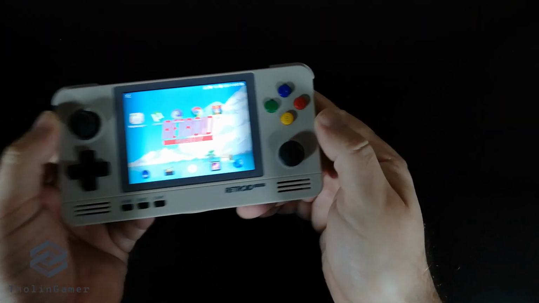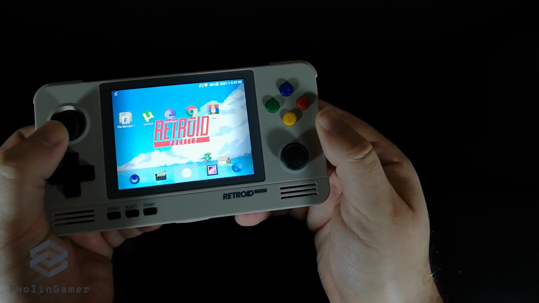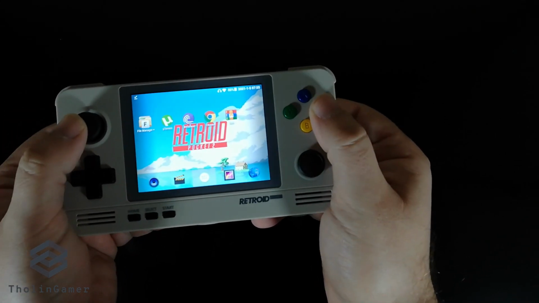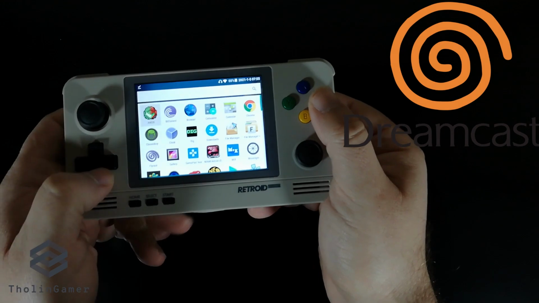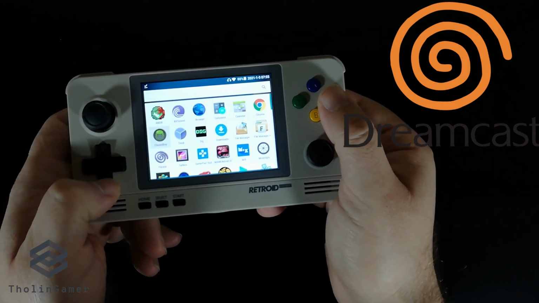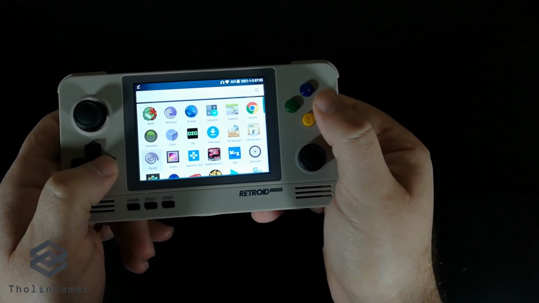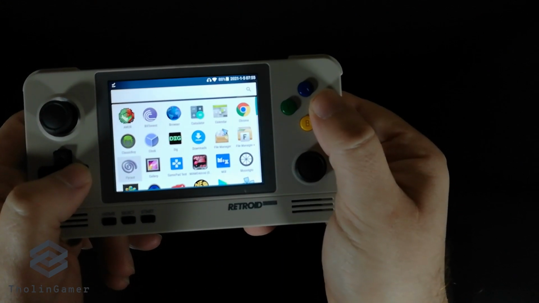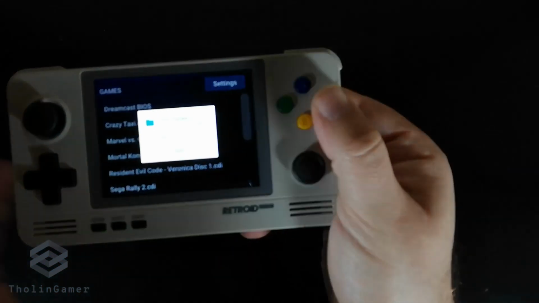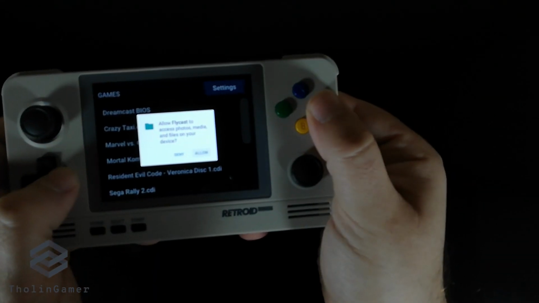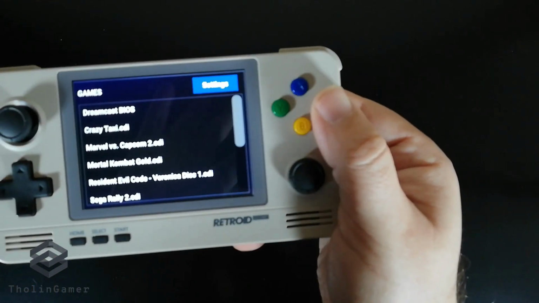This is a new Retroid Pocket 2 video guide, and this time we will focus on the Sega Dreamcast, the console that was out in 1998 at the time when Sega was dominating the arcade market. The Dreamcast was Sega's powerhouse that you could use to bring that arcade experience at home.